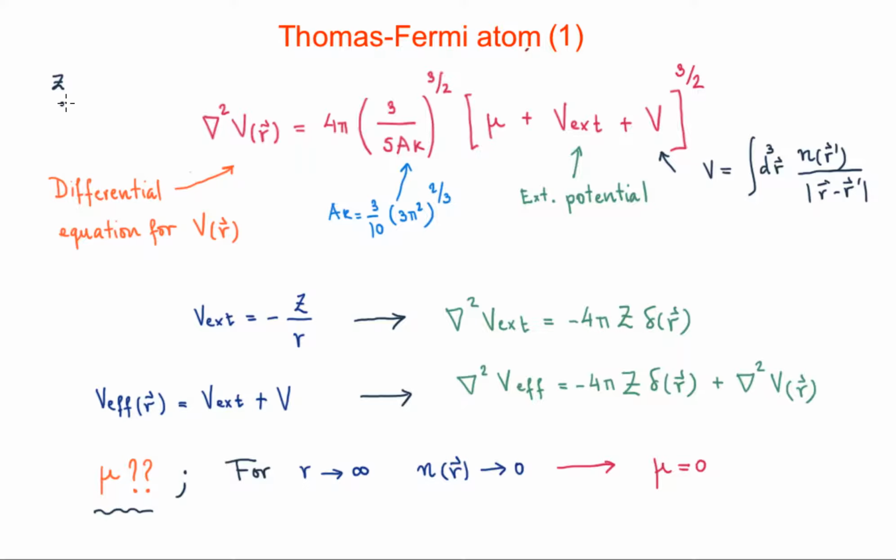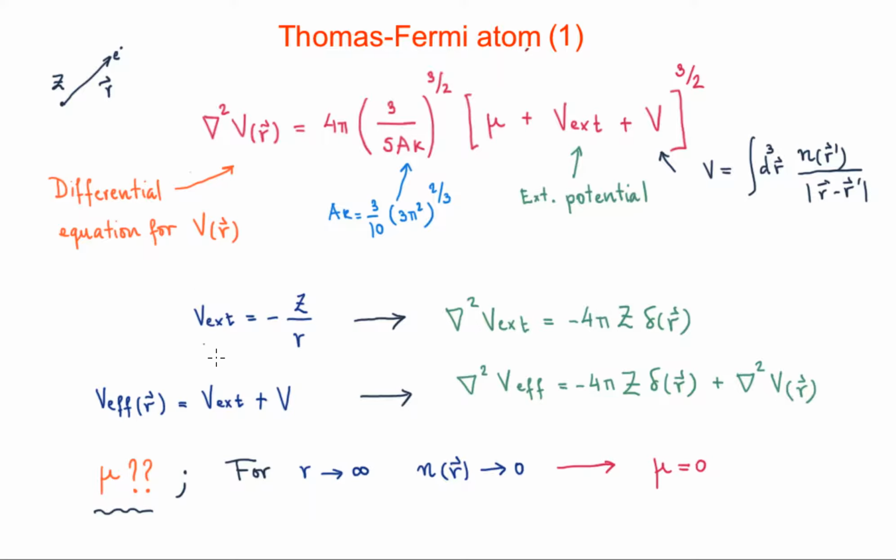located at the center of the region. In this case, if we have an electron which is at r distance from that nuclear charge density of the region, then the external potential that electron feels is minus Z over r. So we're going to consider this external potential and these equations, so as to get from here the induced electronic density and the induced potential. So how are we going to do that?